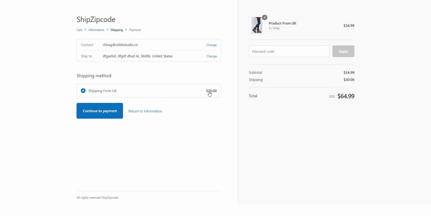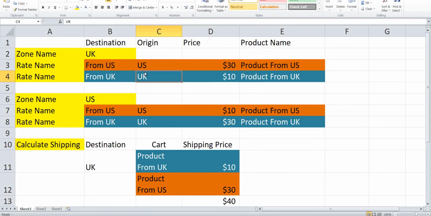Now you can see the price will be 30 because the product origin is UK, and here you can see the price is from UK. So it's like the scenario from before, where the destination is US and the product is from UK. So this is the product from UK and the price will be 30.